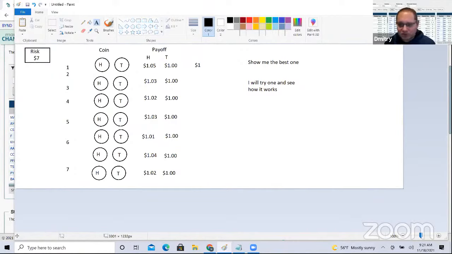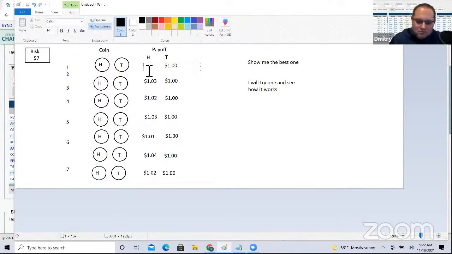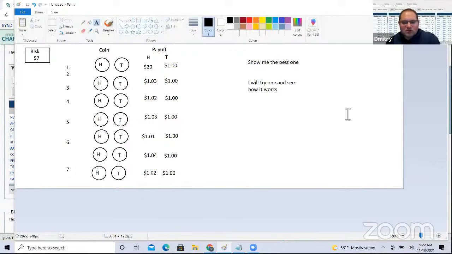I think that we're getting pretty good answers. Let me take this away. What if I change this up, and I change this one and I said, for today you're risking $7. What if I change this payoff to $20? What would people do then? Would you still diversify evenly? Would you bet it all on one, or would you put more weight on one?